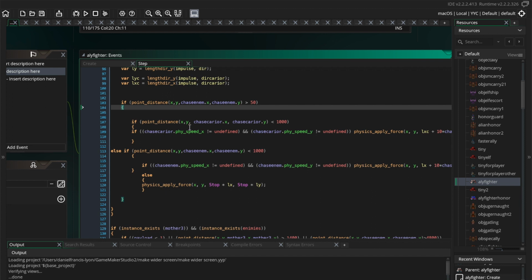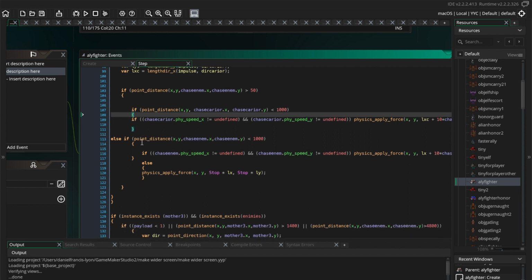And then if point distance to the nearest carrier is less than 1,000, so basically it's only going to run this code if the nearest carrier is far away, sufficiently far away. Then if the nearest carrier is sufficiently far away, and if the speed of, no, sorry, I said this backwards. If the nearest carrier is sufficiently close, within 1,000, and then if the speed of the carrier is not